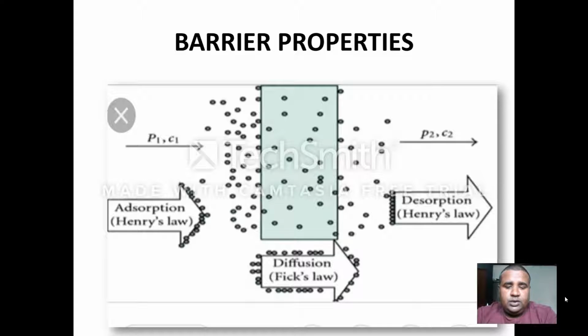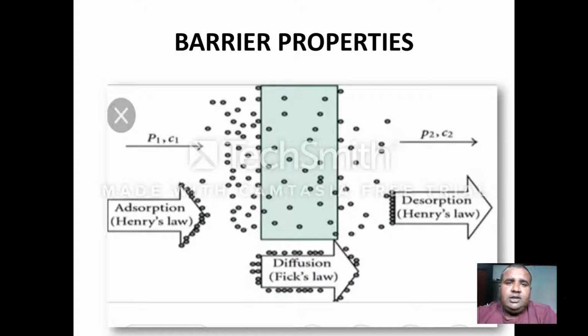So first is the barrier property, and under the heading of barrier property we will cover the polymer permeate relationship, and last we will talk about how to measure the permeability. After going through these slides, you will be able to define the different barrier properties and how these barrier properties affect the quality or characteristics of any packaging material for transportation of any kind of gases or aromatic compounds or flavoring compounds.